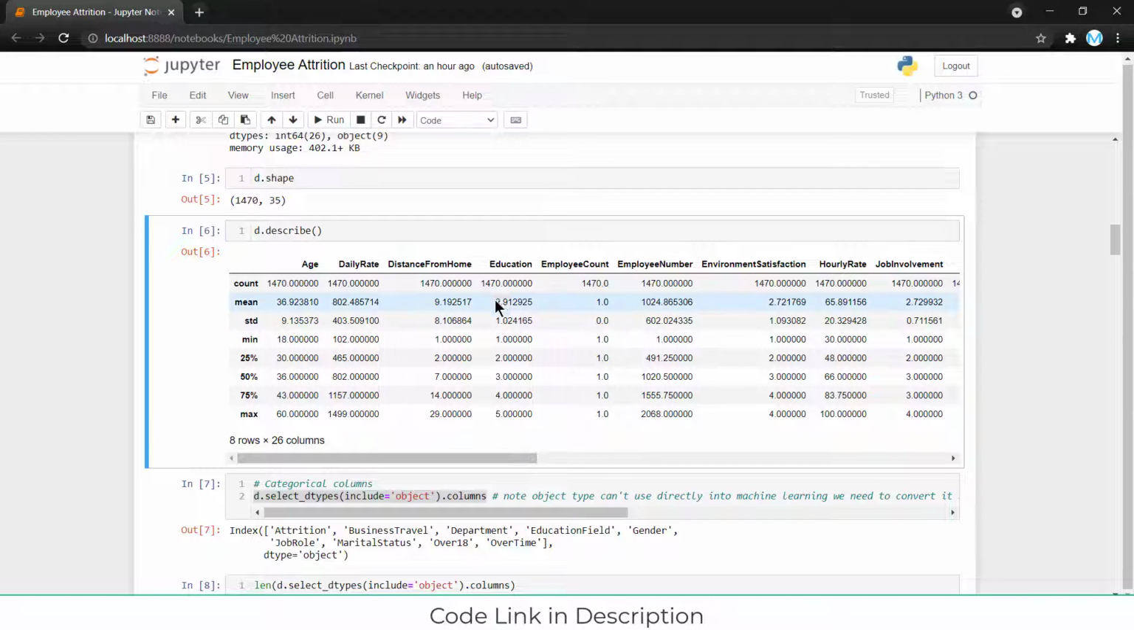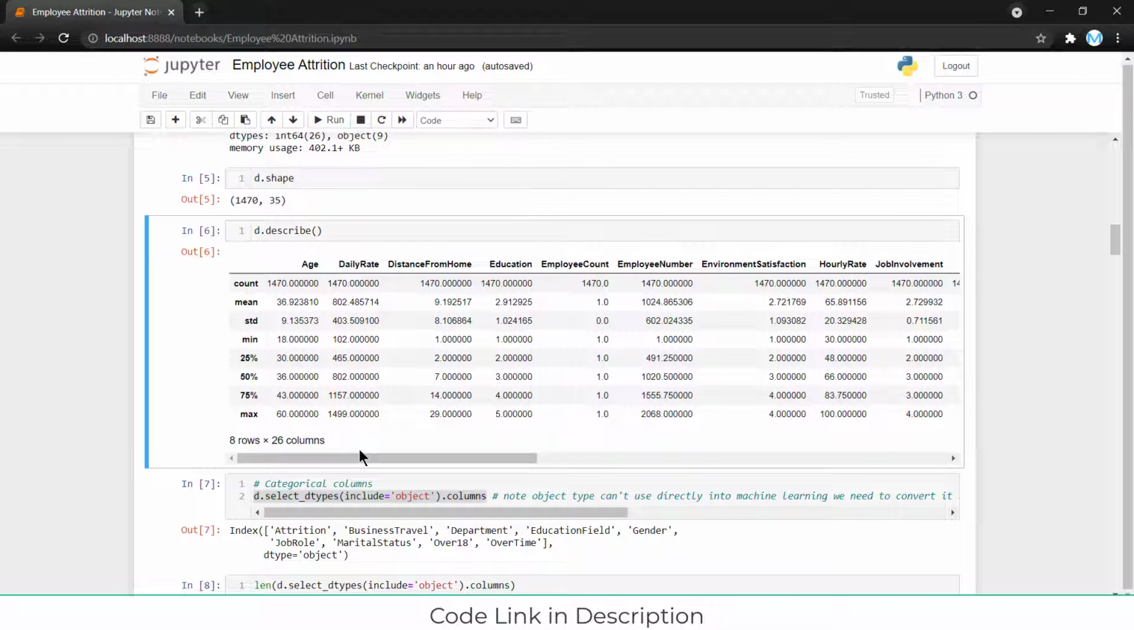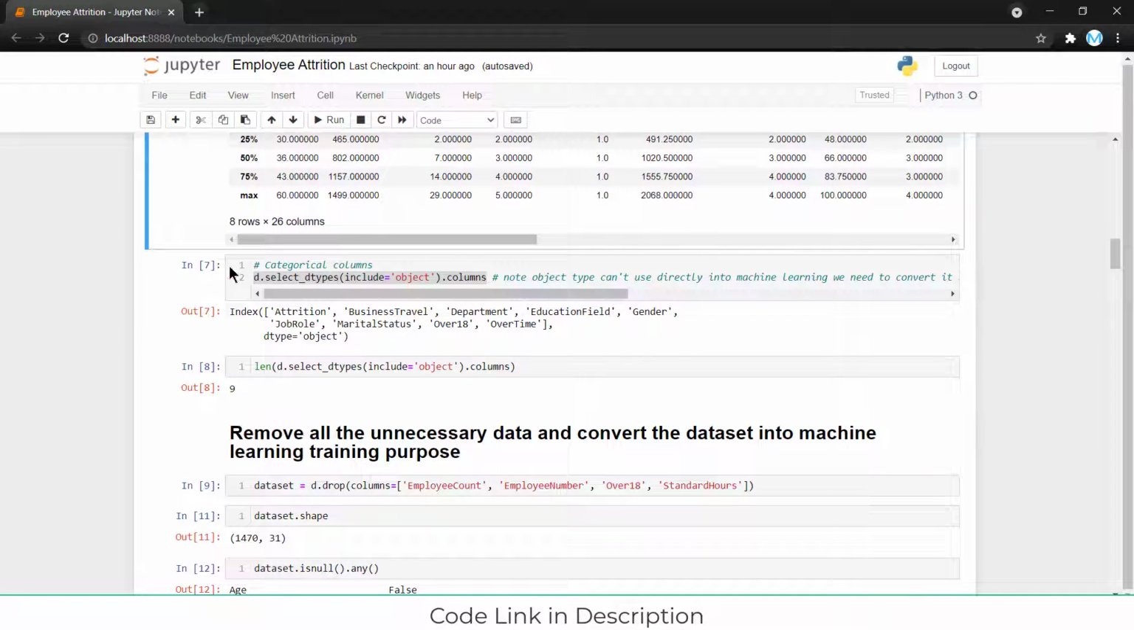Okay, and their education, employee count, and other things. So you can see and understand the company scenario and how young and old people are working in the company. Now, the first thing I have to do is see what kind of data contains object data